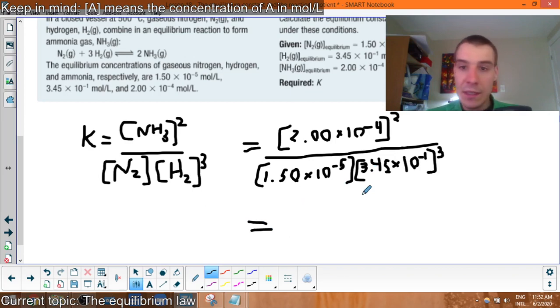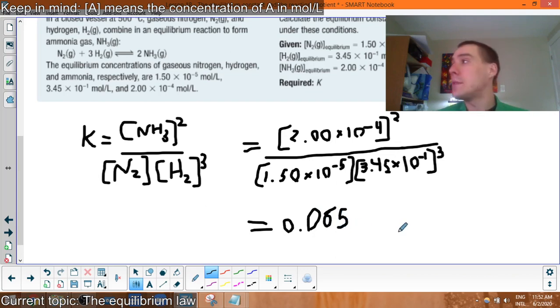2 times 10 to the negative 4, and I'm going to square that and divide that by 1.5 times 10 to the negative 5 times 3.45 times 10 to the negative 1 cubed. Lots and lots of brackets in there. And I get 0.065